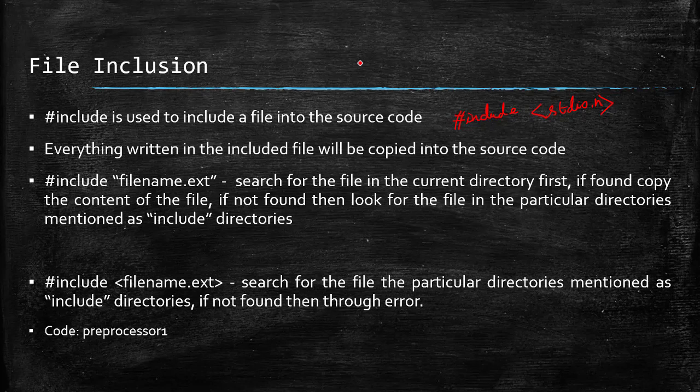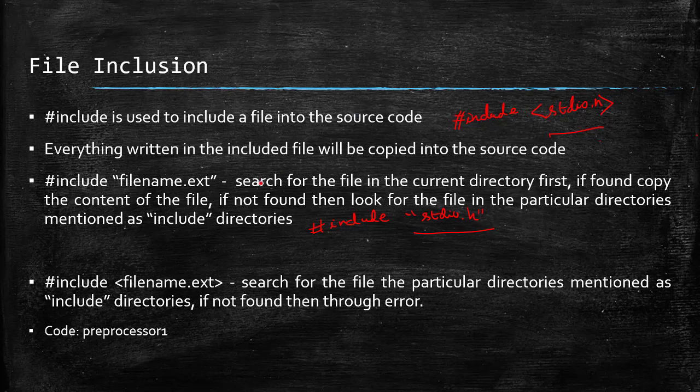For including a file, there are 2 different notations available. The one notation we have used is writing in the triangular brackets, or less than and greater than symbols. Now the other notation is to write the file name in double quotation marks, which we have done over here. So we can write in this case hash include stdio.h in double quotes. Now this and this notation perform the same kind of task, but their process of performing is a little bit different.